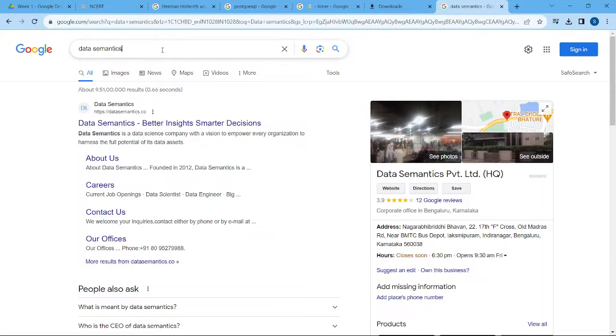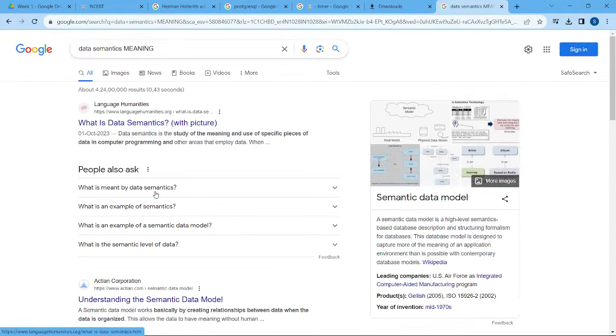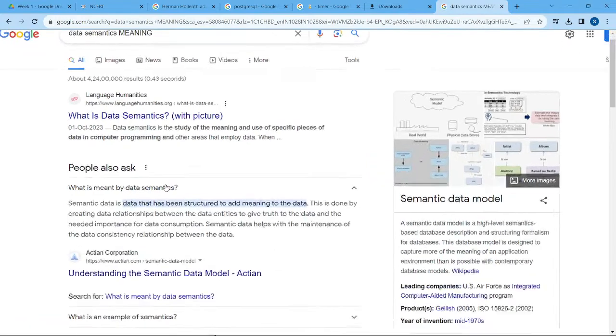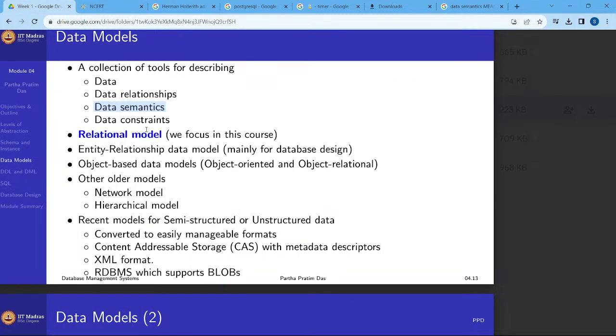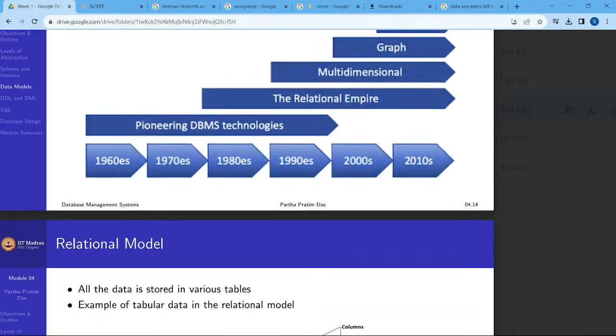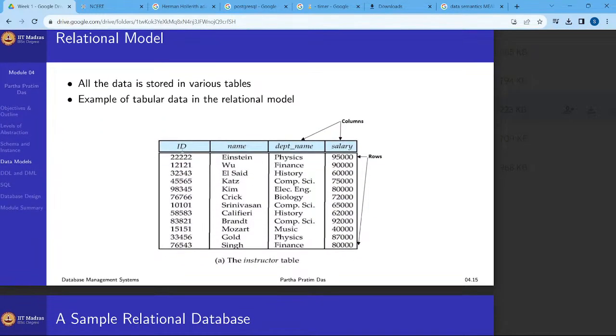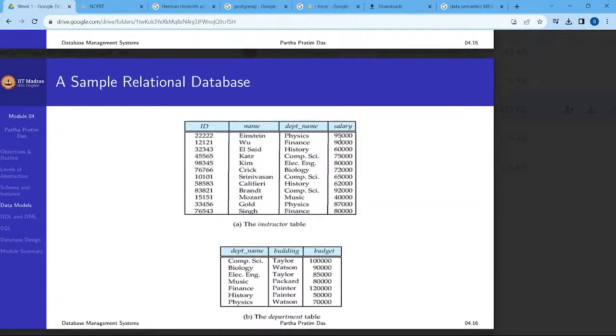Let's add the word meaning, and by data semantics, that has been structured to add meaning to the data. Okay, structuring is semantics. Okay, entity relationship model, XML format. Okay, let's skip. As I said,